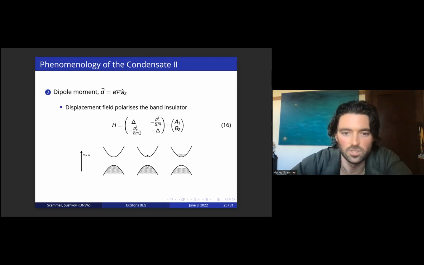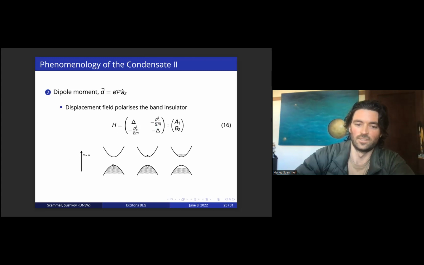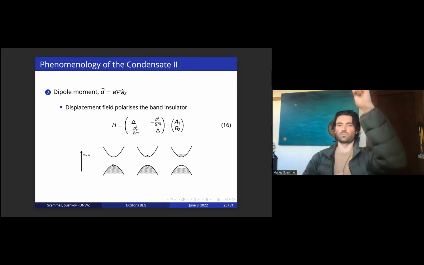And you can see from the Hamiltonian that if you put this to the top of this valence band, you put momentum equals 0. This is a purely diagonal Hamiltonian. And this is in the basis of A1 and B2, meaning layer 1, layer 2. So this point here is sitting purely on layer 2, meaning you're completely filling layer 2 when you add this polarization, this bias field,